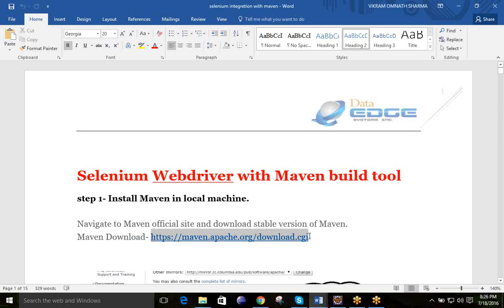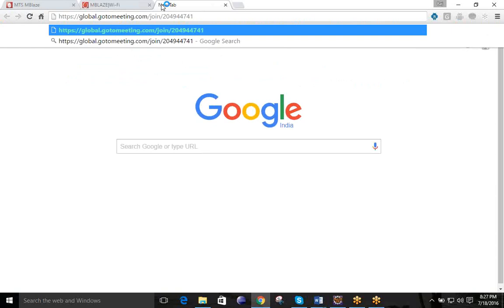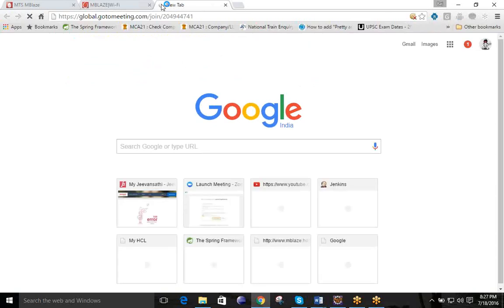Okay, it is not a specific software. It is simply a tool. It can be used by anyone, like the developer and the tester also. Whoever doesn't want to execute their code from the IDE can simply make use of Maven. They can make use of the command prompt, and from that prompt they can easily make use of this.